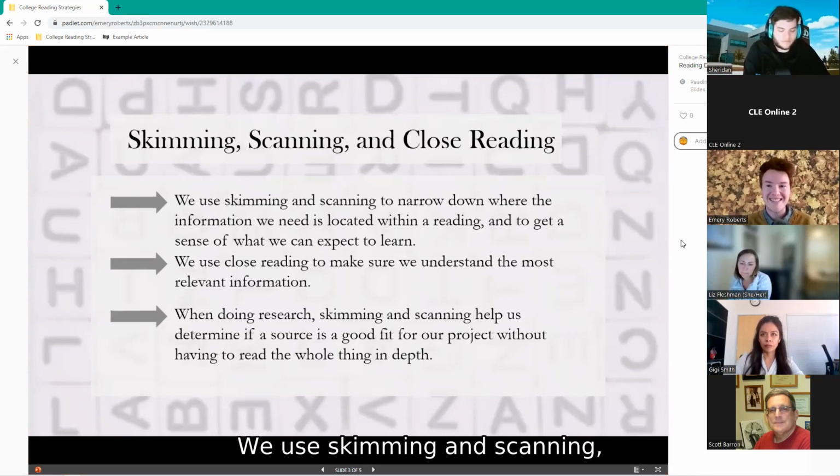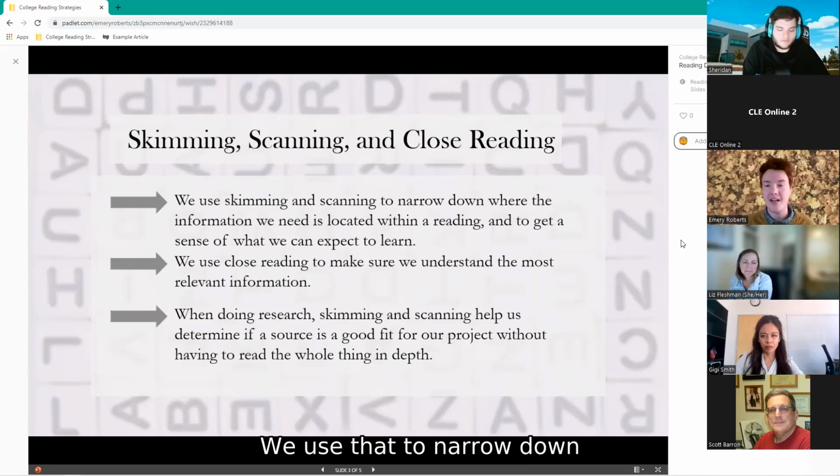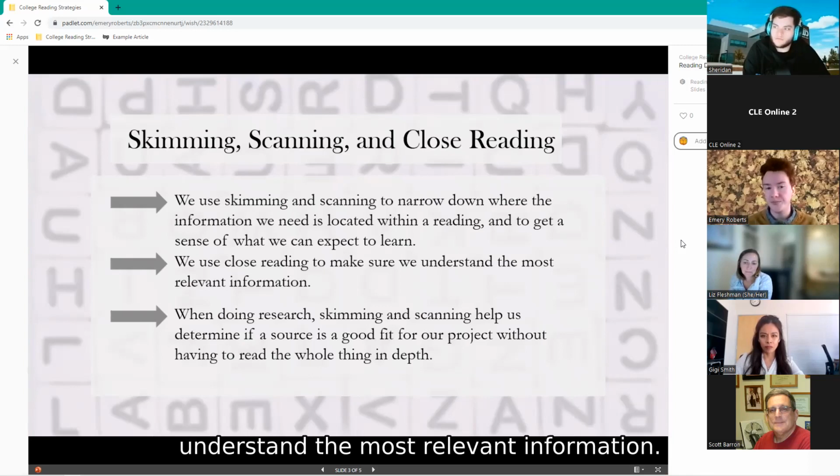We use skimming and scanning, and I promise you I'm going to get those two confused at least once in this presentation, to narrow down where the information we need is located within a reading and to get a general sense of what we can expect to learn. Okay, and then we use close reading to make sure we understand the most relevant information. And when we're doing research, especially,